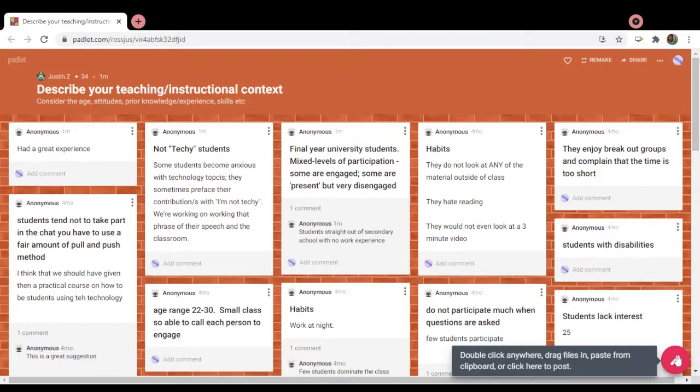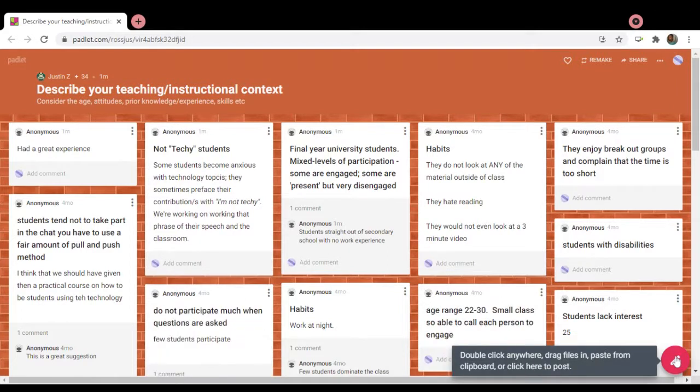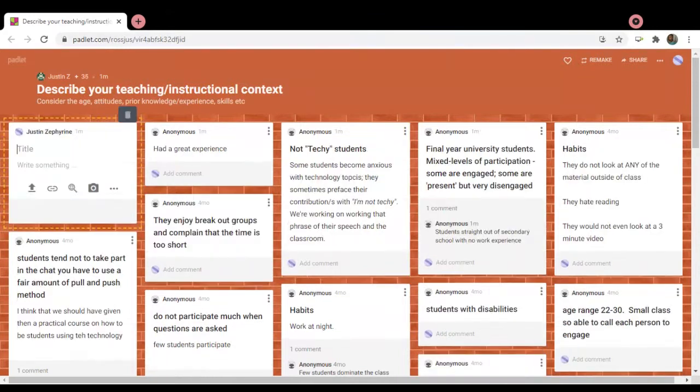Now, one of the things I wanted to show you as well. If you want to just add a comment, you can either double click anywhere on the page, or just click the plus sign at the lower right side. And then you just type something. So let's say I'm typing, let's say, fluid.